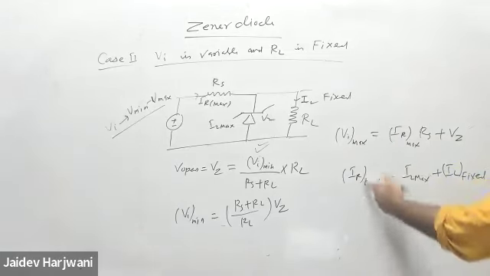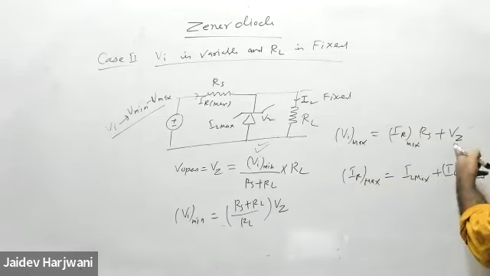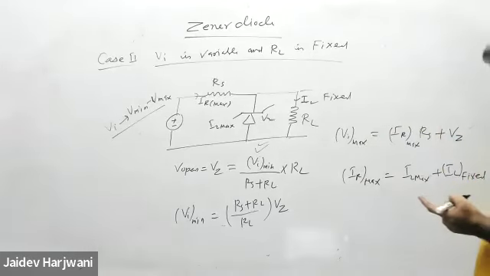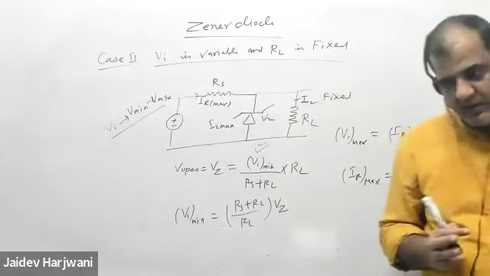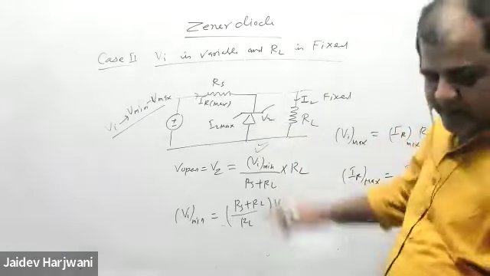So by this equation, you can find this one. This will be given. This you can calculate. Vz will be given, and by solving this one, you can find V minimum and V max. If you have any doubt, please ask me. I will clarify again. If you don't understand, V minimum is the voltage for which